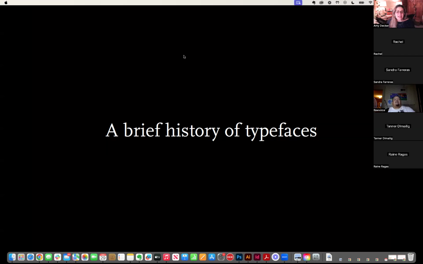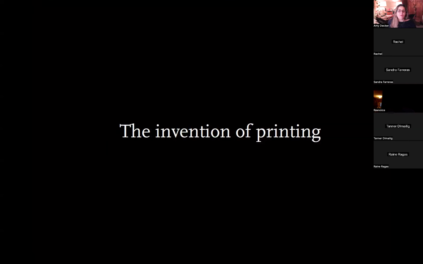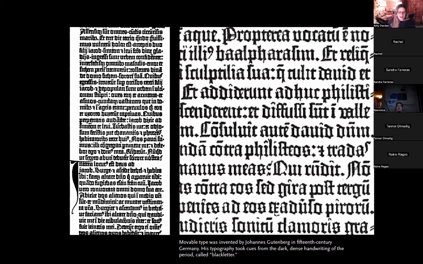A brief history of typefaces. We've already talked, where we left off is the invention of printing. Ellen Lupton is who I'm using for this lecture, the book Thinking with Type. And I have that book right here. This is the book that this is based on, Thinking with Type. And she wrote in here,